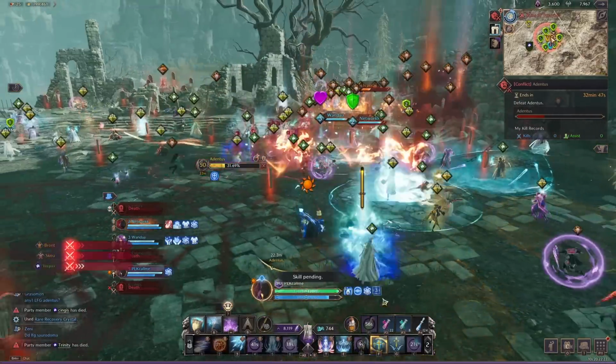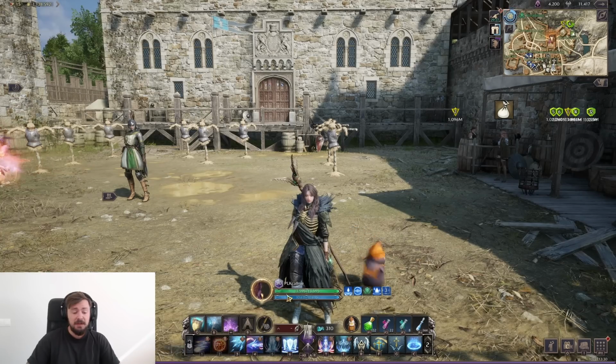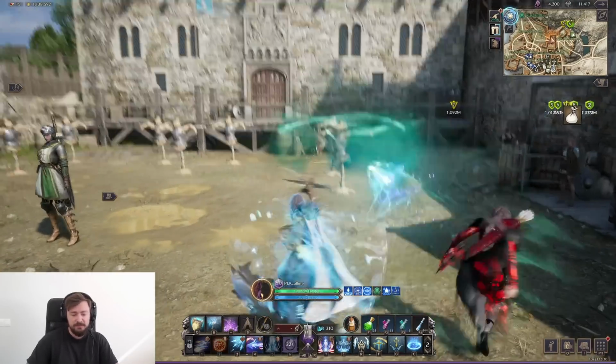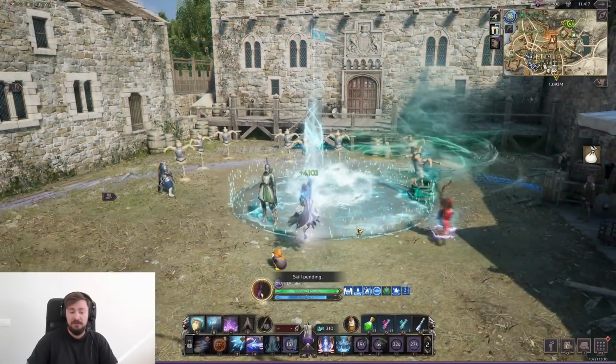And then, if everything is on cooldown and you can help, you bind your targets with these two skills: Ice Beam Bombardment and also the Icebound Tomb with specific specialization. You will see that. So one more time, what do we have? Important stuff. You have heals, barrier, solo heals, mass heals, and also you have this circle,